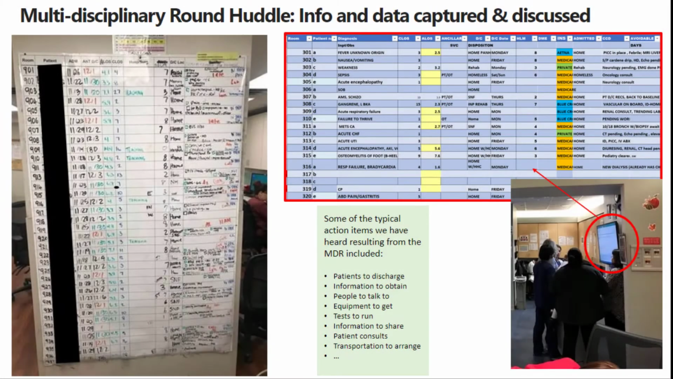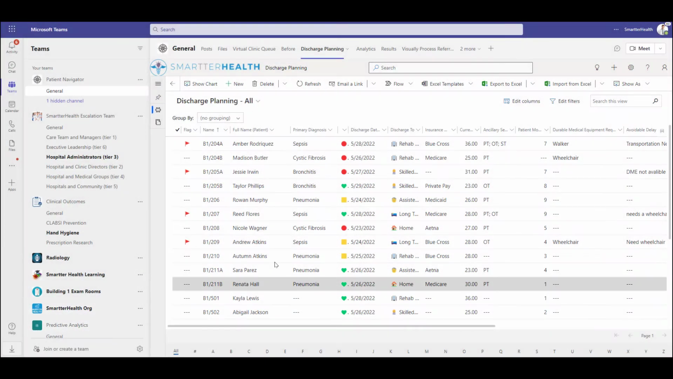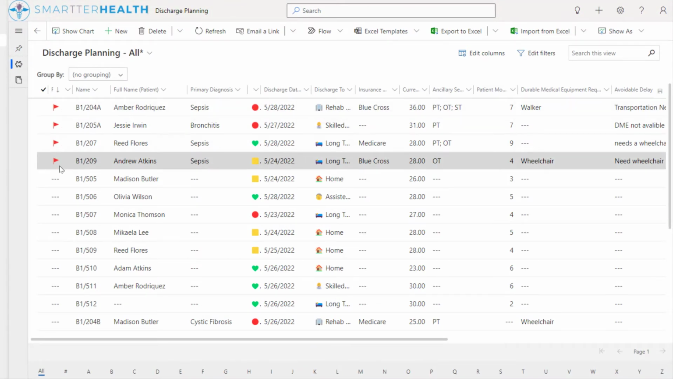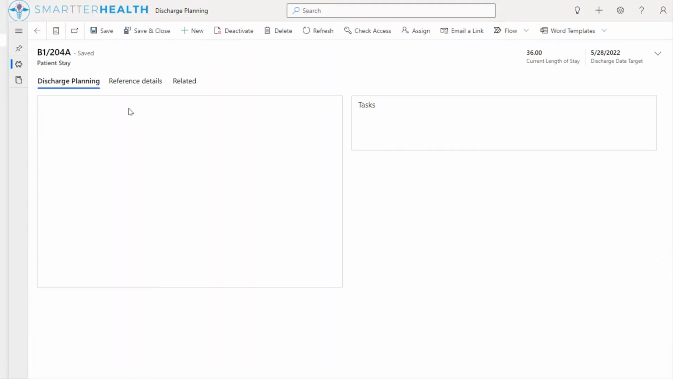Most large providers have multidisciplinary or interdisciplinary huddles at all levels of their organization, starting at the unit level with the care team and their managers, then escalating throughout management up to clinical leadership. These huddles are patient-centric and intended to focus on discharge planning with the goal of reducing the patient's average length